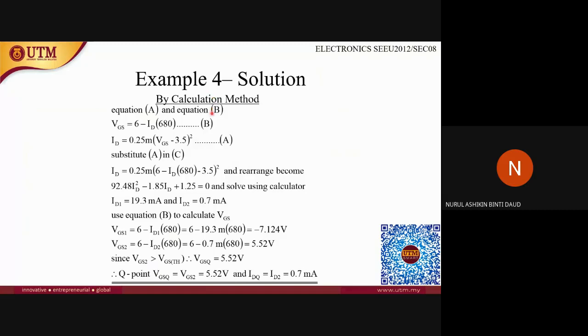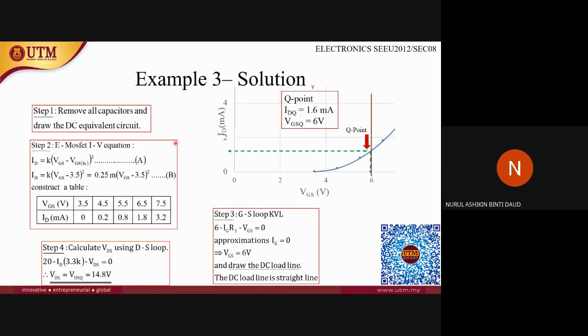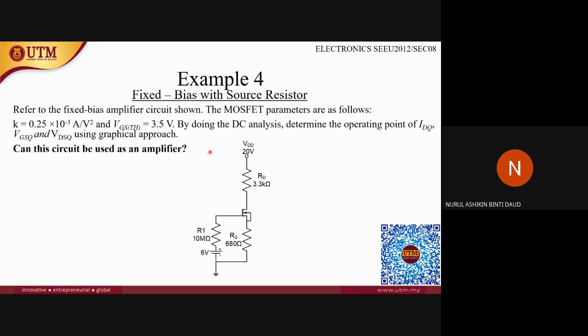But even though the question asks using the graphical method, in this case, where did I show just now? Just now I wrongly showed. This one. This is the answer for this. VDSQ is 14.8. Okay, VDSQ is 14.8. So this one, for this example,